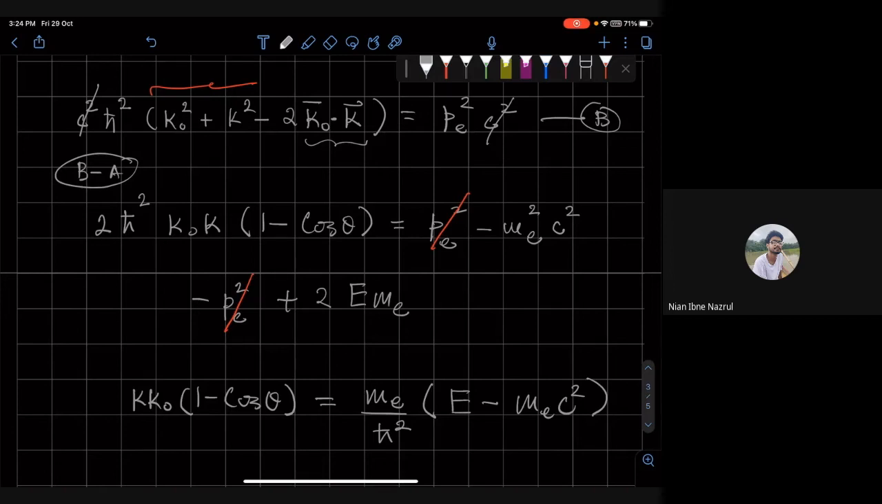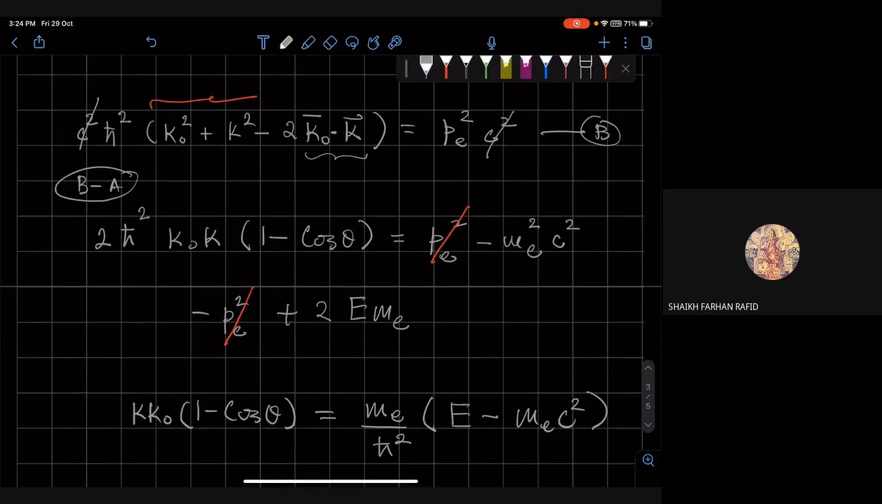Sir, we are dividing by 2h bar squared, so the 2's will cancel out. But it would be mec squared divided by 2, would have divided by 2, right? Right. Let me just see. There are actually 2 factors of me squared, which I